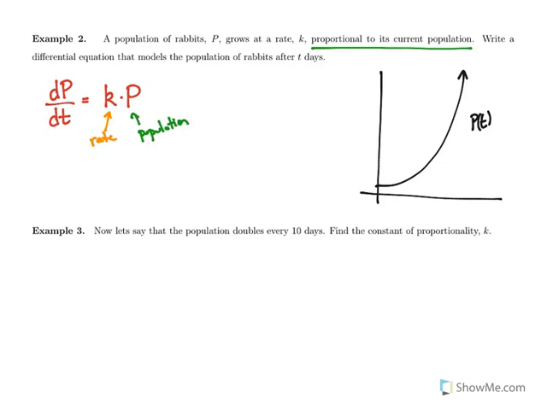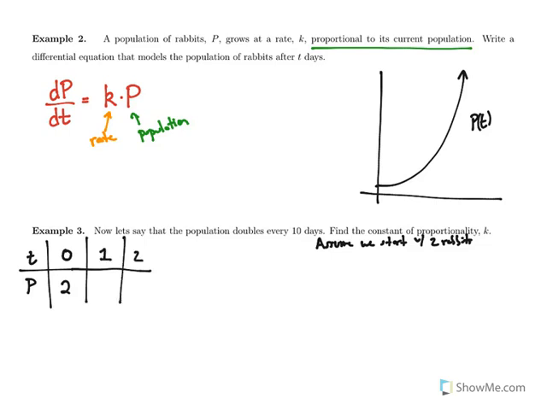So again, let's set up a table to kind of see what's going on here. We have t, we have p, and we have first day. Let's assume we start with 2 rabbits. You got to start somewhere, and that does change the values here. So we start with 2 rabbits, and